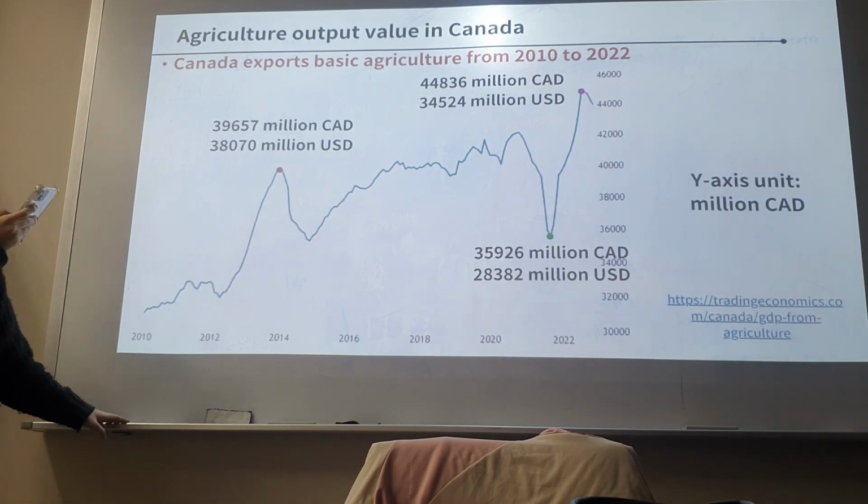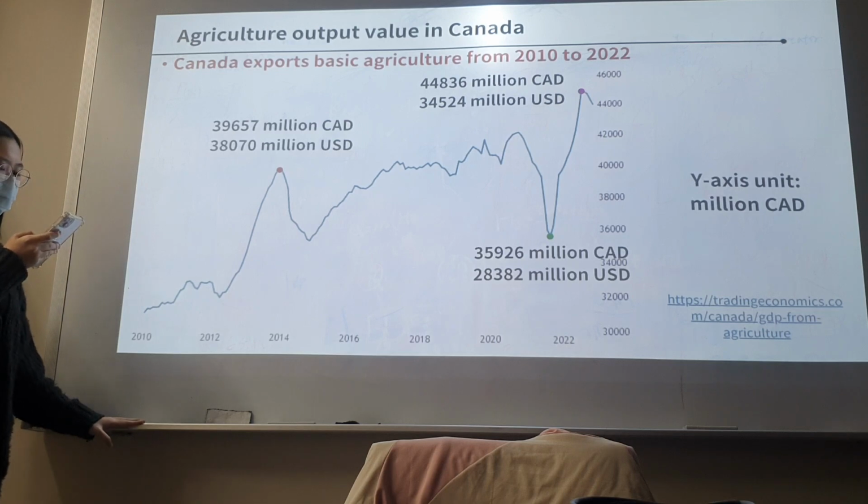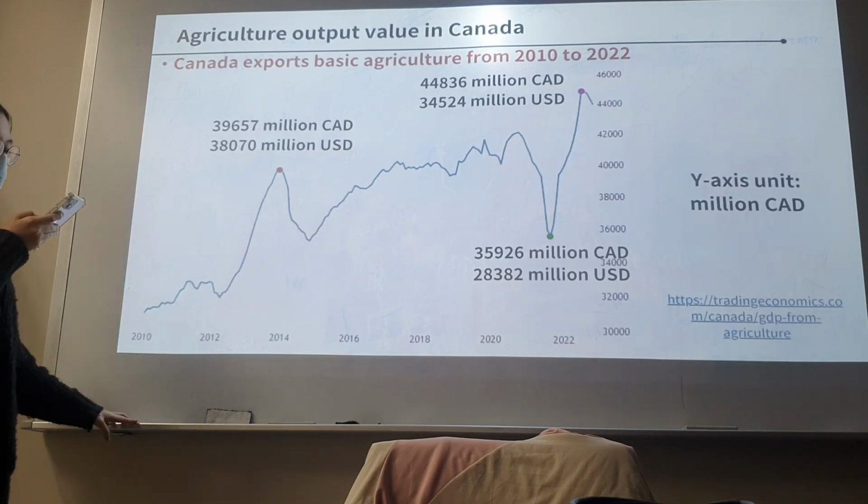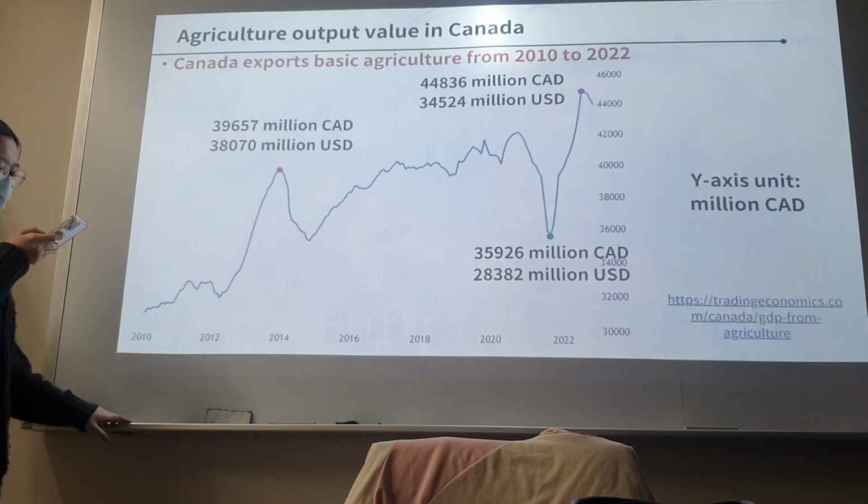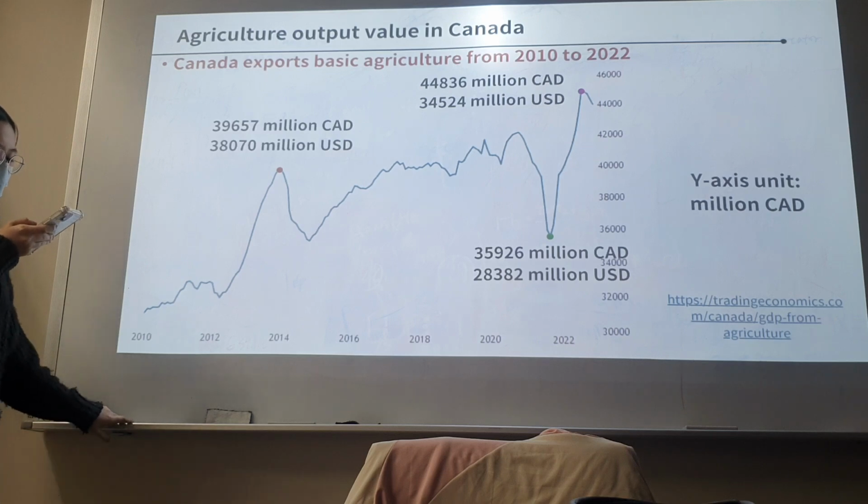Next, we will introduce agriculture. The growth of Canadian agriculture output value in 2013 is due to their agricultural food export strategy. The Ministry of Agriculture promotes its products, such as wine and seafood, at various food exhibitions, so that Canadian agricultural products are sold in large quantities to the